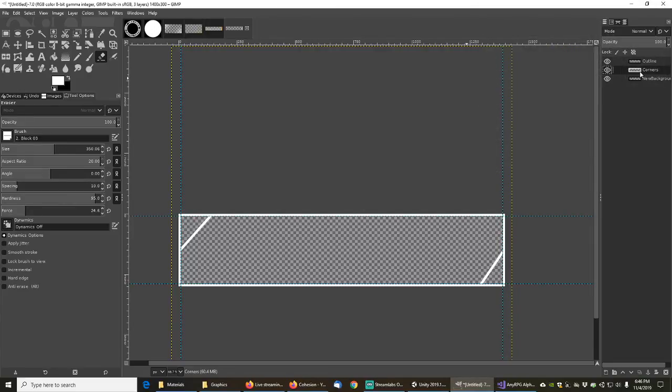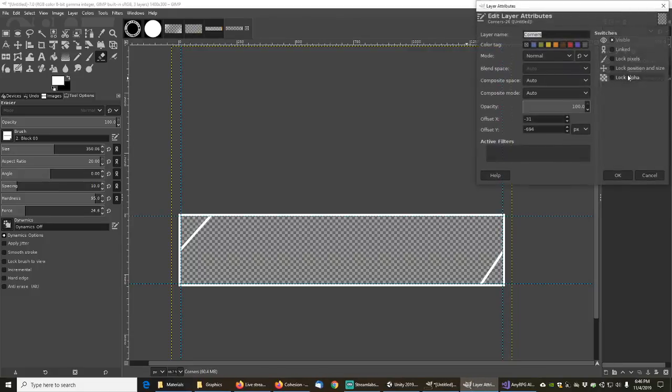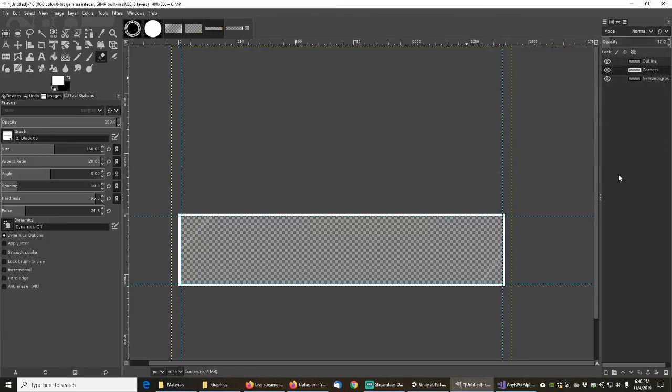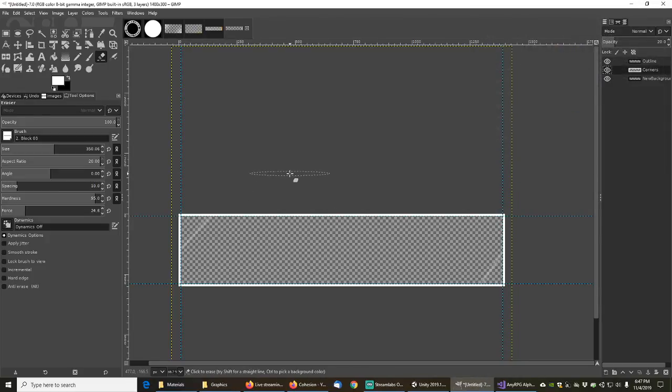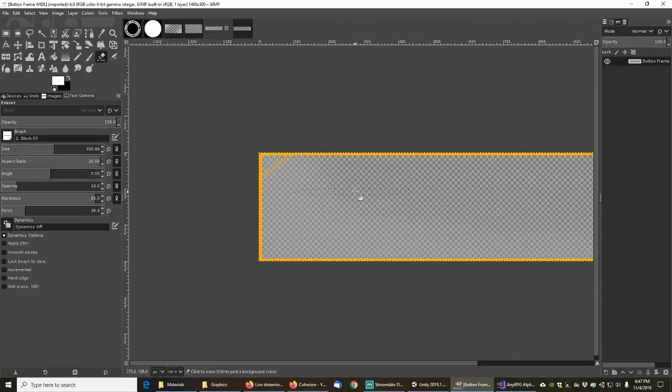And then all we need to do now is just set the opacity 12, maybe a little more, maybe like 20. Okay, yeah. Now we got a sort of transparent effect there. Perfect. Okay, so this was to replace the old